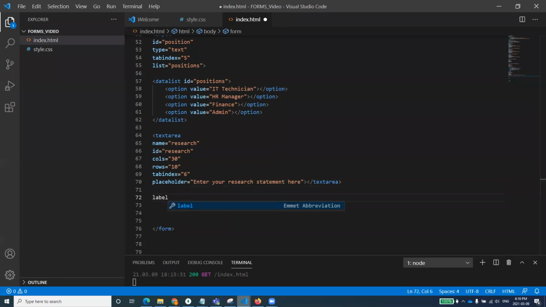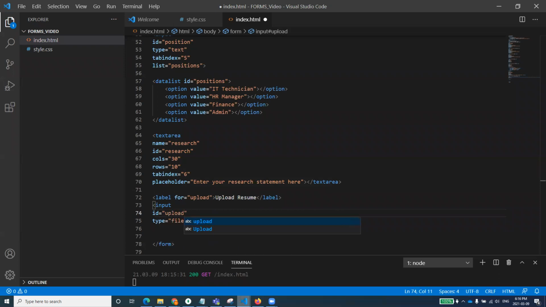Let's first create a label for the input, and we will say upload resume. Now here I'll give input type, and I don't want to give it text. Sorry, not upload, file. Input type is equal to file. So file is basically what? That will give us that environment where there's a button, and I can upload a file. Let me give it an ID.